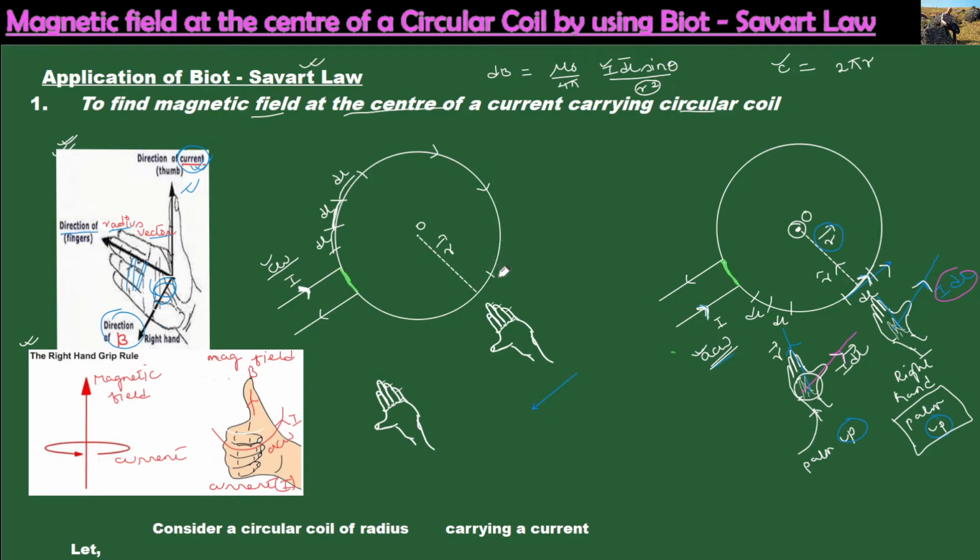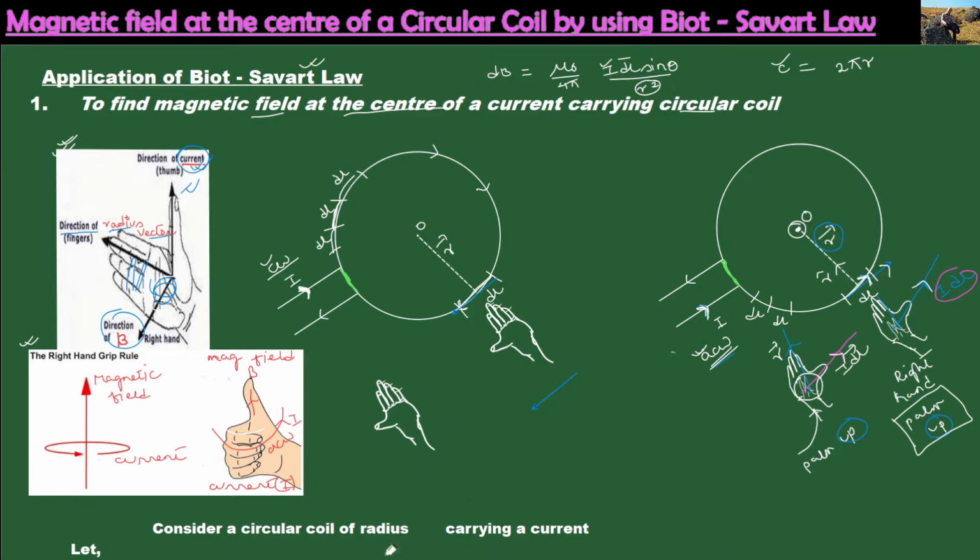And from here, if I consider a small element dl, then our IDL vector will be in this direction. This will be the direction of the IDL vector. So from here, again, if you use your right hand palm rule, I will take this blue vector, and this will give us the direction of our IDL vector. So our IDL vector will point in this direction. So from here, using this right hand palm rule,